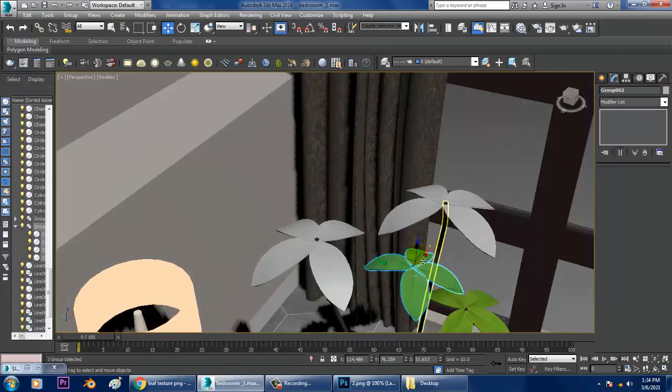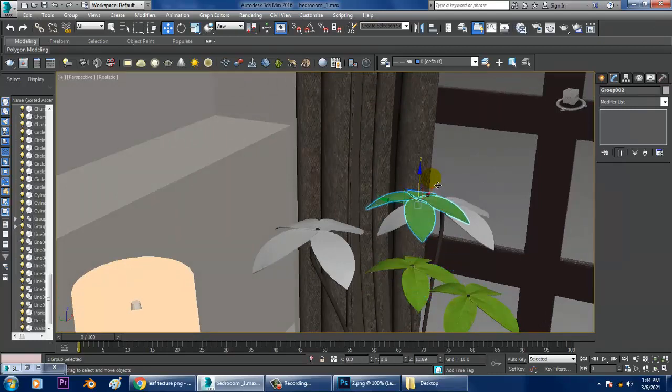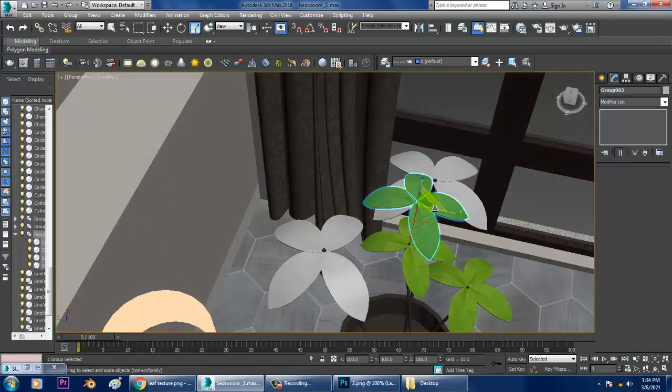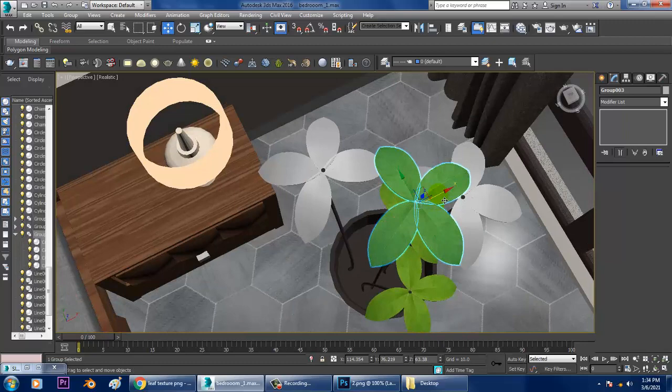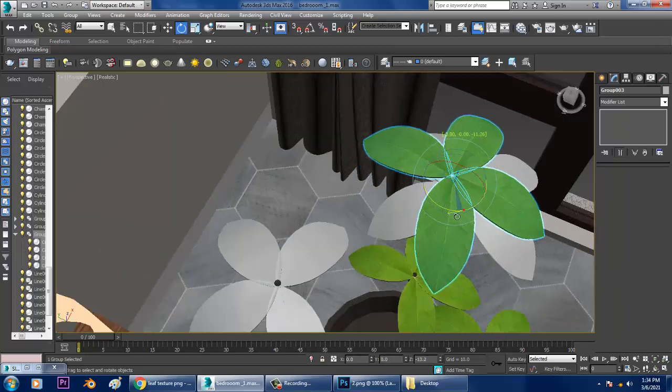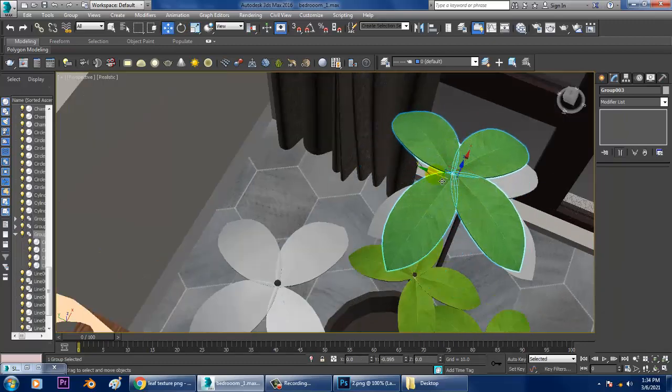Select this, slightly push it up, scale that, arrange it in that way.